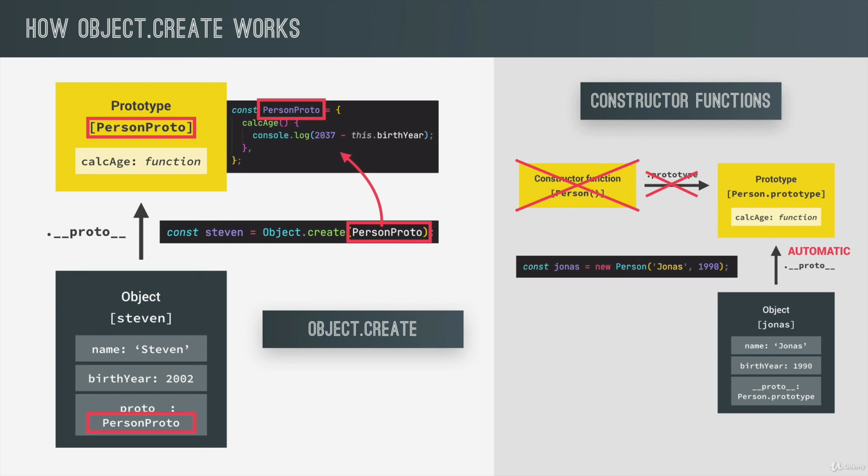However, the reason why I'm showing you this Object.create technique right at the end is because in practice, in the real world, this is actually the least used way of implementing prototypal inheritance. However, it's still very important to know exactly how Object.create works, because you will still stumble upon this in the real world. And even more importantly, we will need Object.create to link prototypes in a next lecture in order to implement inheritance between classes. So with that, we're going to take object-oriented programming to a whole new level, and the Object.create function is going to be crucial in that, as we will see.